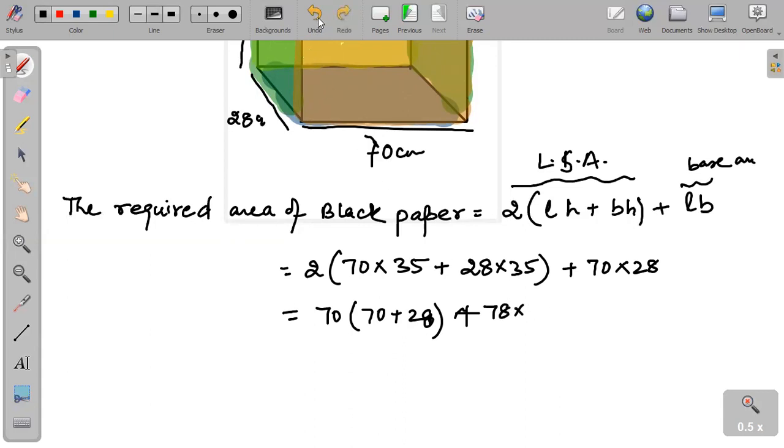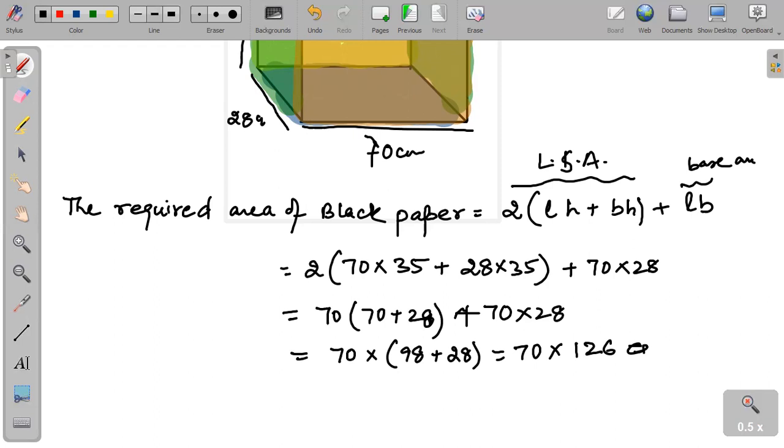Sorry, 70 into 28. दोनों जगह से 70 को कॉमन ले सकते हैं, so 70 into 98 plus 28. ठीक है, this will be 70 into 126. इसको मल्टीप्लाई कर लेंगे, centimeter square, this gives us